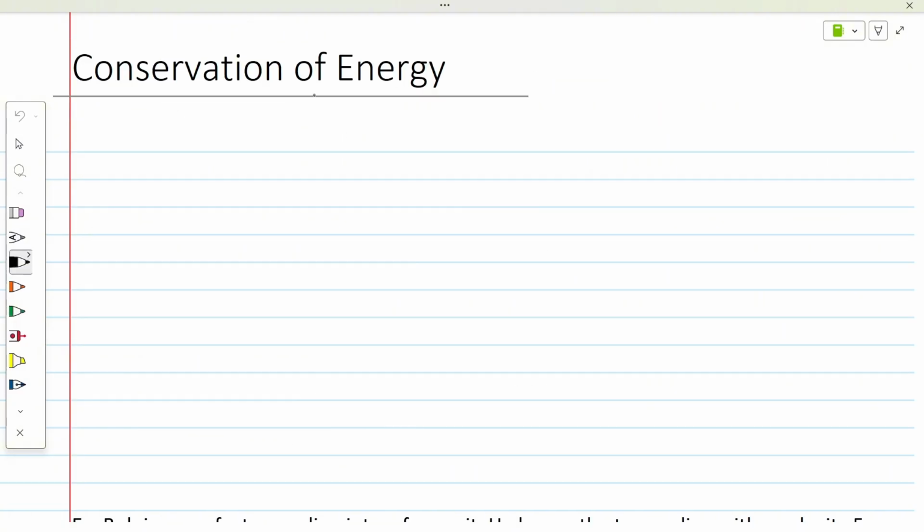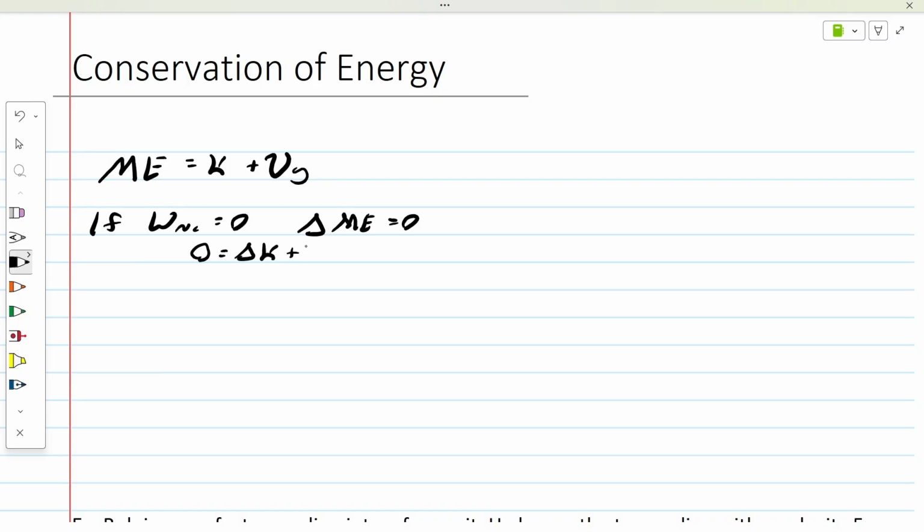Alright, so let's go over when we can apply conservation of energy. The main idea here is that the mechanical energy equals the kinetic energy plus the gravitational potential energy. That's the total energy. So if the work from non-conservative forces equals 0, then the change in mechanical energy will also equal 0. And so that means, using the equation from before, we'll have 0 equals the change in the kinetic plus the change of